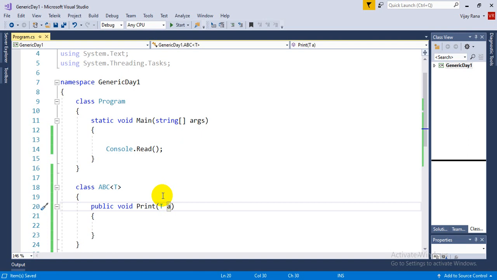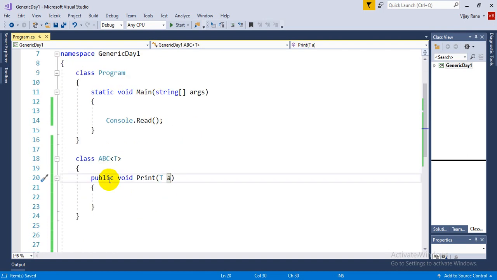Now if you see this method, one question can strike: we have a generic method named print, so what will this method accept? Will it accept an integer type of parameter, or a float, or a character? Which kind of parameter will this print function accept? The answer is we don't know yet, because the type of the parameter will be decided when we create an object of this class.